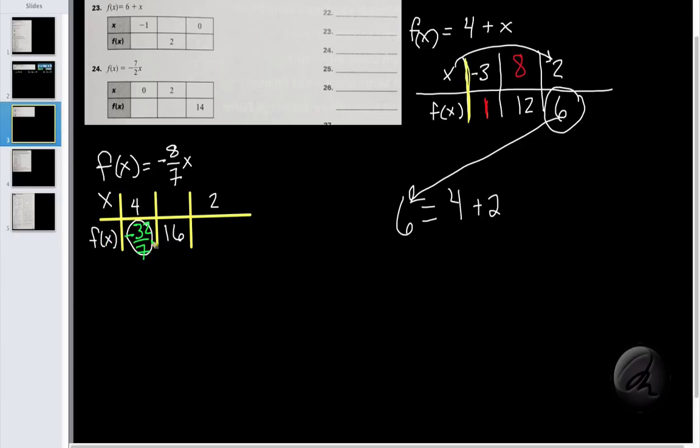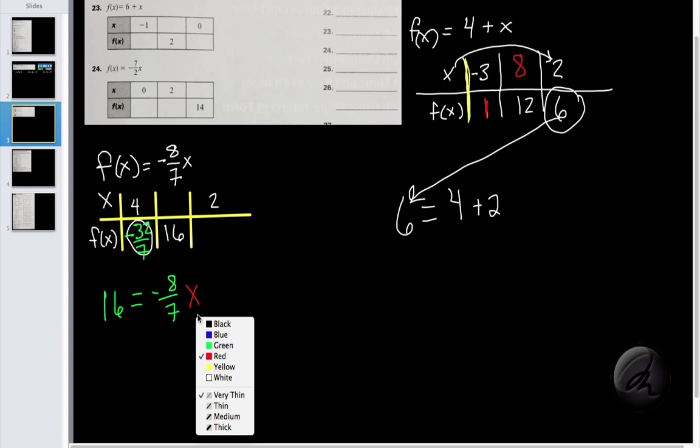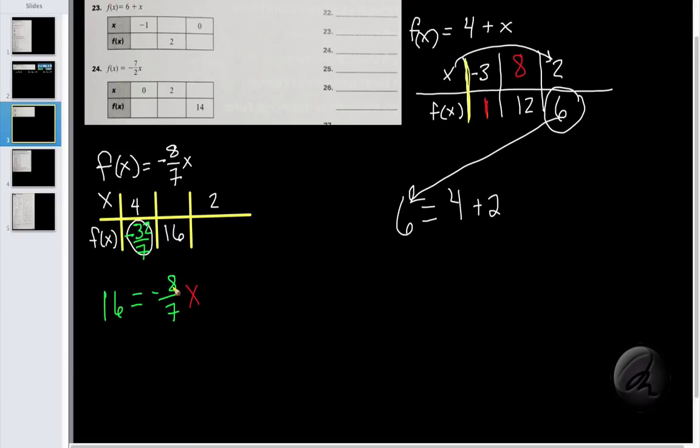Okay? Now, what if the value of my entire function is 16? What must x equal for this to be 16? Well, I want to get rid of my negative 8 over 7. The easiest way to get rid of a fraction is to multiply it by its reciprocal. So for example, negative 8 over 7, the easiest way to make this into a 1 is to multiply this by the reciprocal of negative